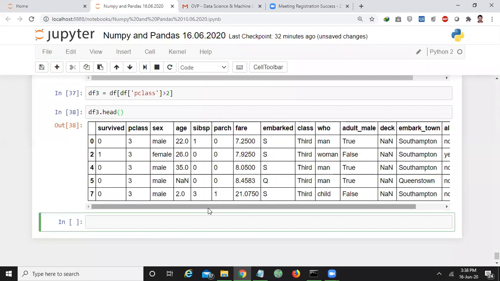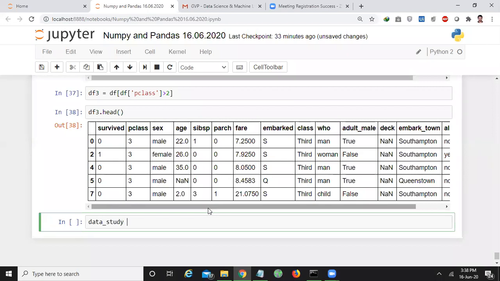So for example, if you want to study the entire data at a time, okay, let me take one more example. Data under study.